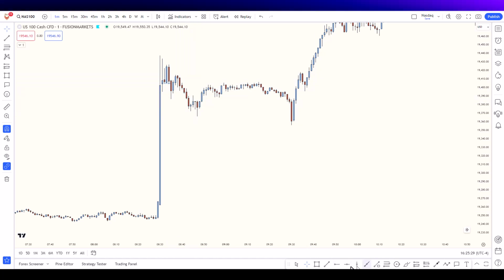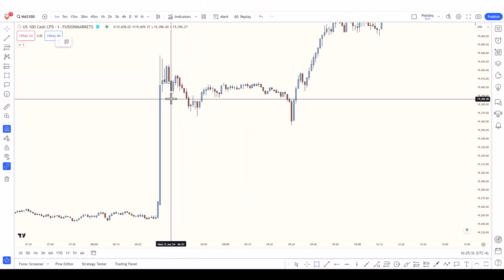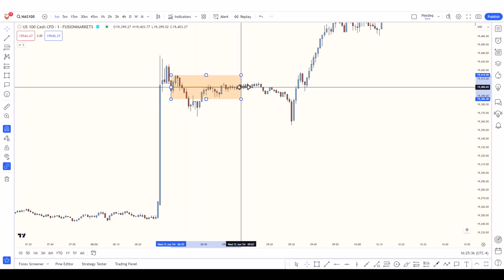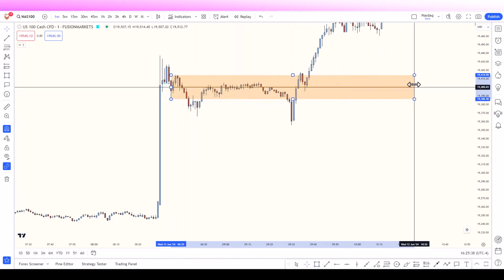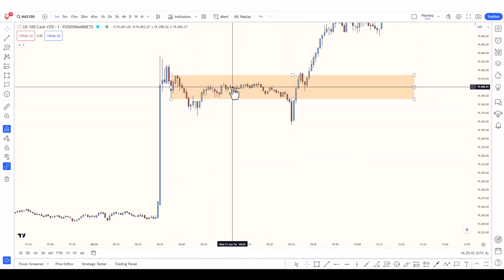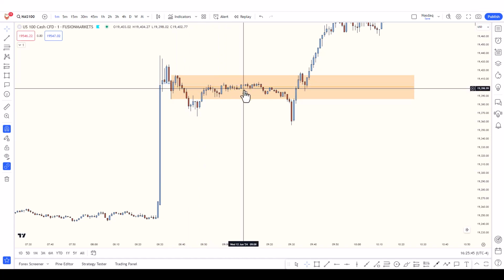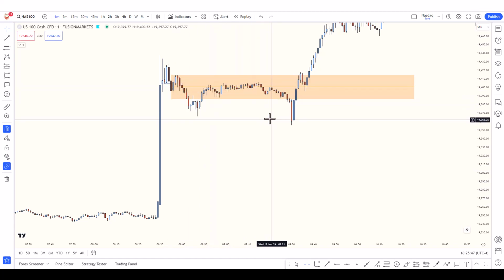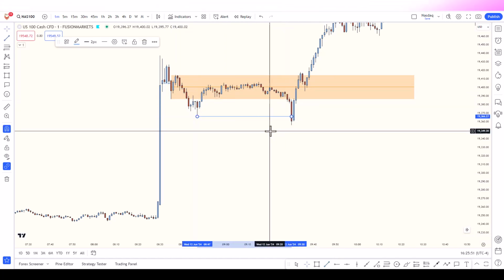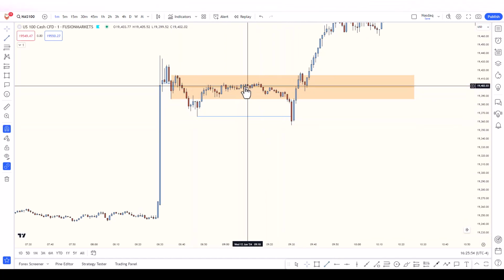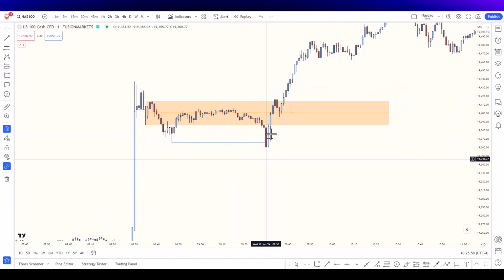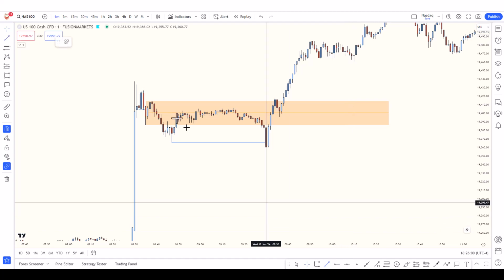So we are taking this zone here, and you see price retraced to the 50% of the zone, made another low here. I took a trade around here and targeted this. Then we flip, we close it